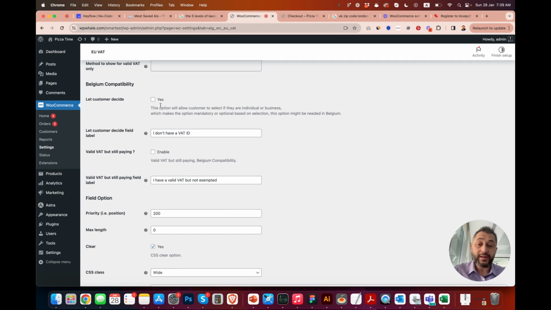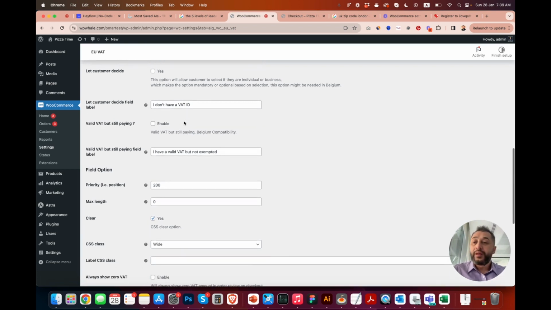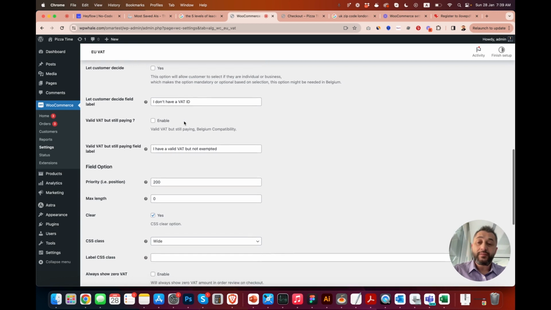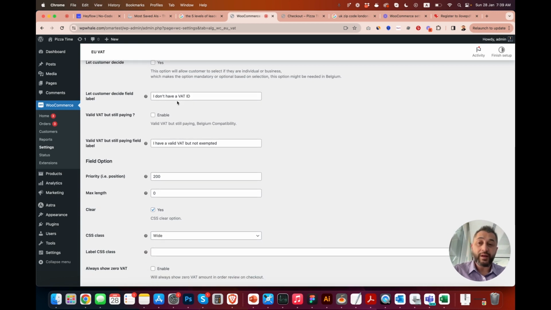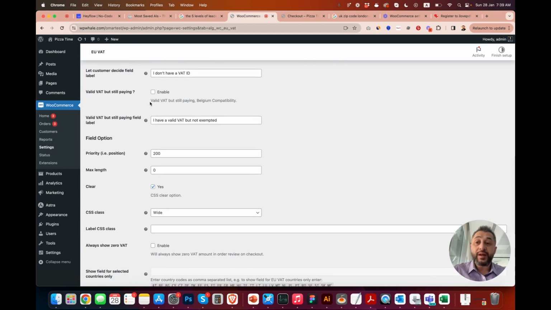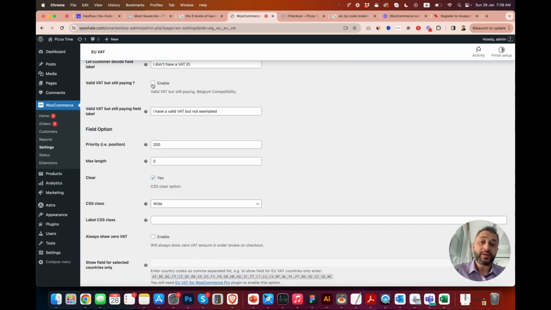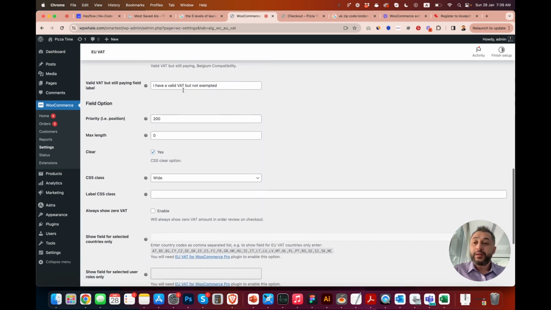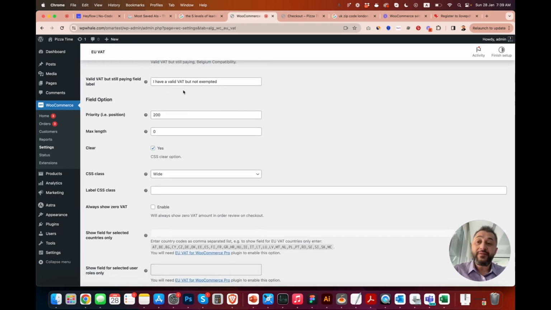Let customer decide. This option will allow customers to select if they are individuals or business. Now let customer decide what is the field, like I don't have a VAT ID and valid VAT but still paying, so I want to still pay, which you can just enable. And as you can see here, we have the valid VAT but still paying field label. So I have the valid VAT,